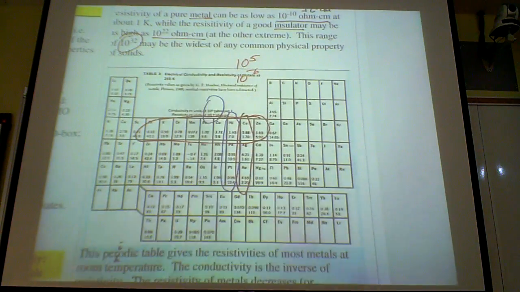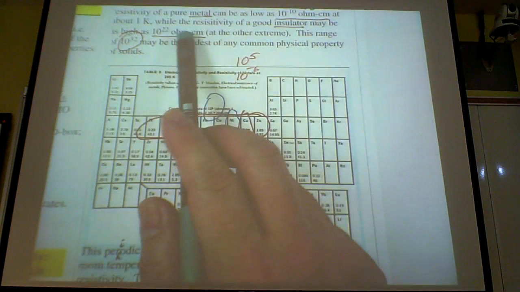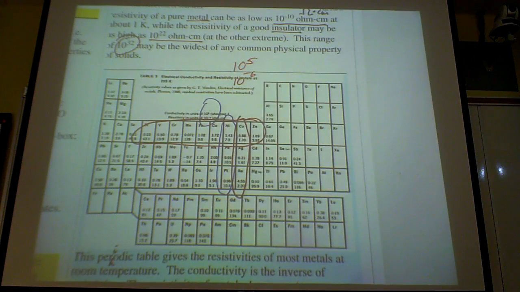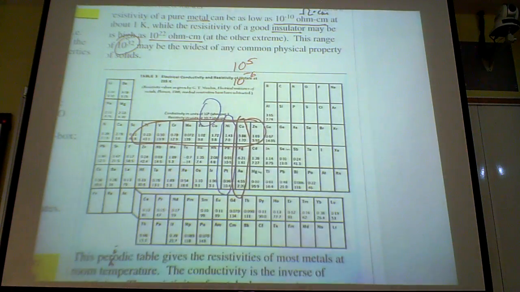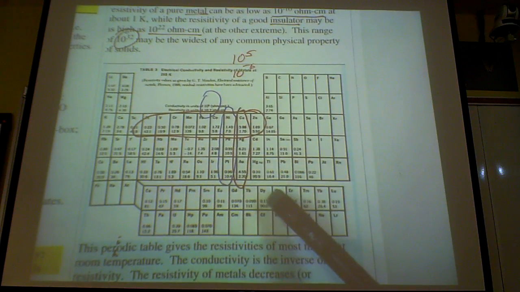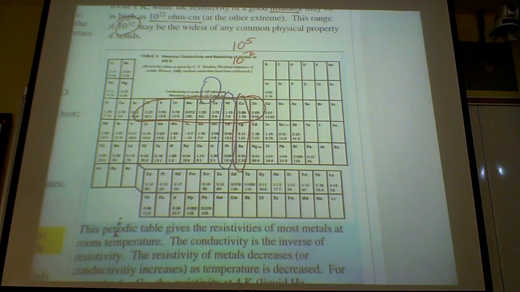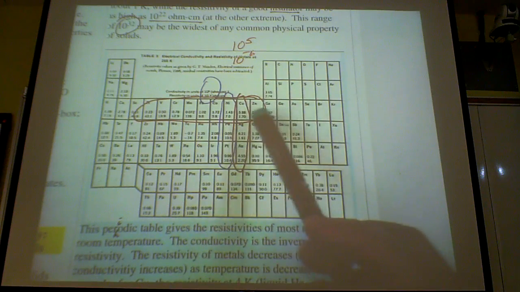And 1 over ohm centimeter is called Siemens. Siemens is just basically inverse of this unit, and that's the unit for conductivity. So it's rather straightforward in that sense. And if you look at this periodic table, it is of interest to notice why all our households are wired with copper wire, and it's because, of course, copper wire